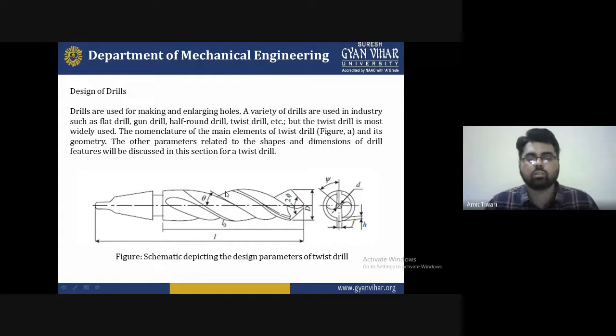So we can say that the systematic depiction and the design parameters of the twist drill are an easy and common way to make a hole and enlarge a hole, because it has different tools available. But this type of tool is very popular nowadays because it has different types of activity, and it is easy to operate and easy to handle, but difficult to design because a certain diameter or thickness must be considered for standardization, depending upon the length of that particular material.